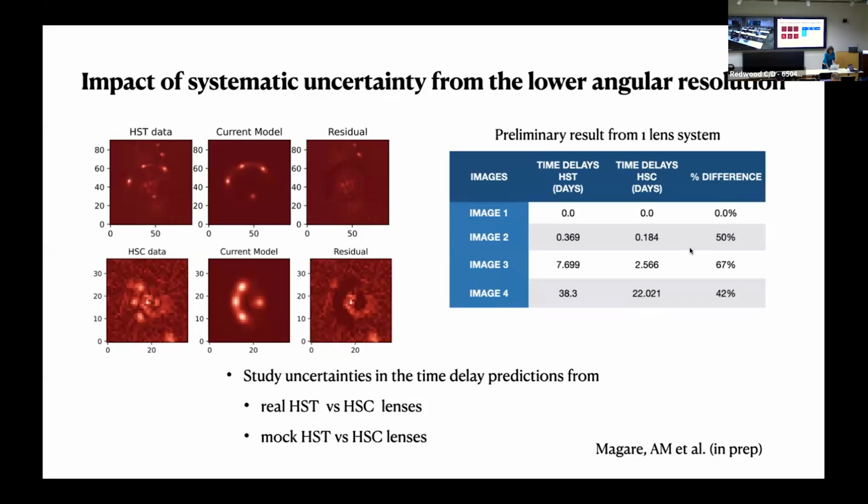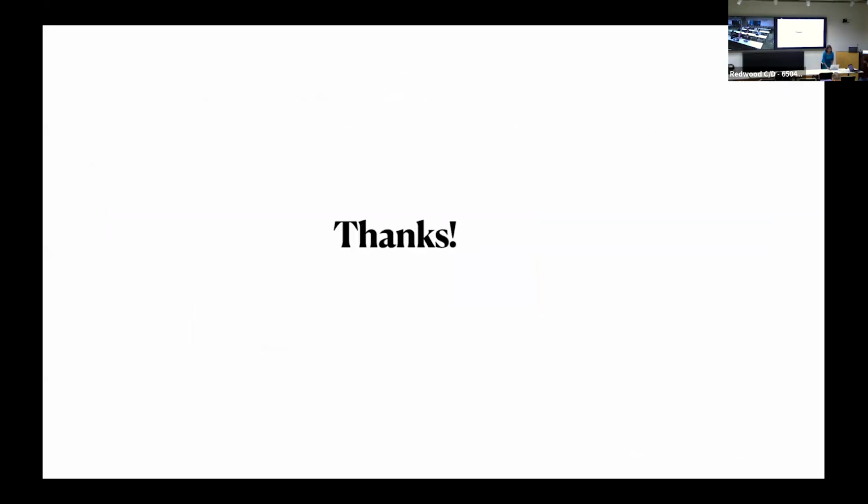So I would just like to end at this point and say that if you want to do cosmology or early warning science with lens transients, it is very important that we understand the uncertainties in the time delay predictions, and generally the different uncertainties involved in the modeling of the lens systems. We are looking into some of these, and I would just like to say stay tuned for some results that will come out of our group in the next few months. Thanks.